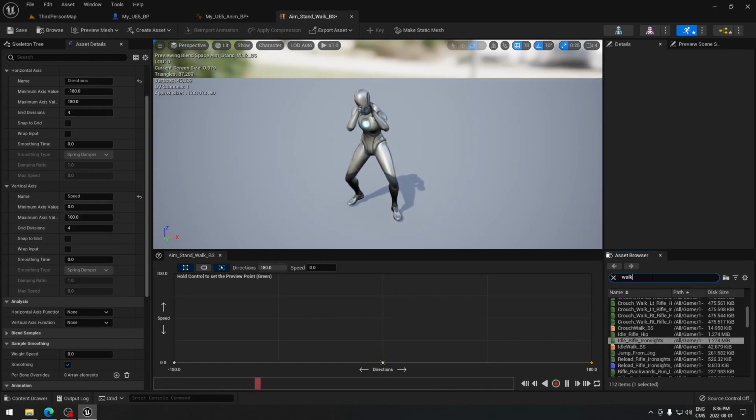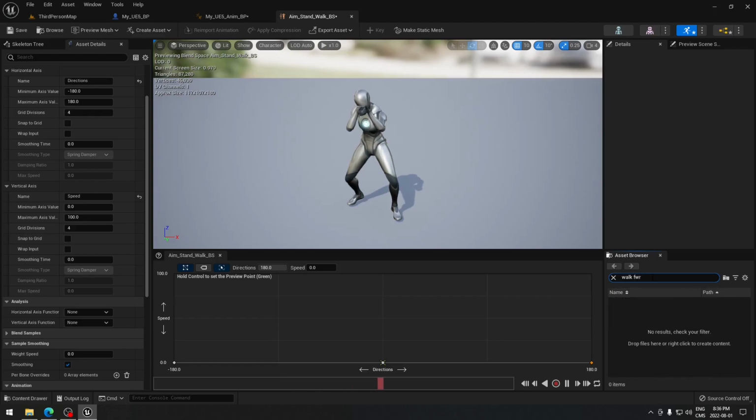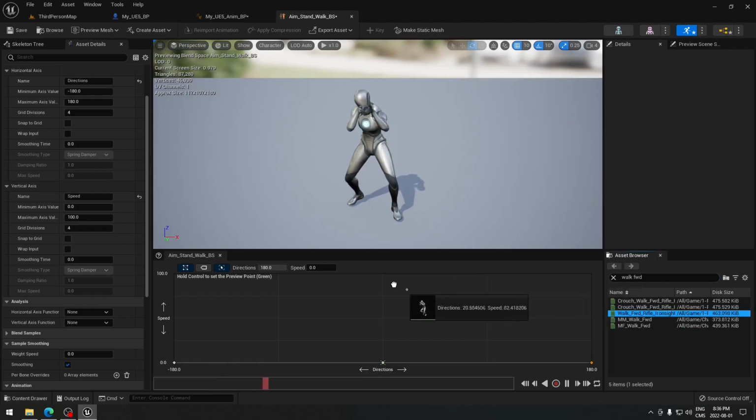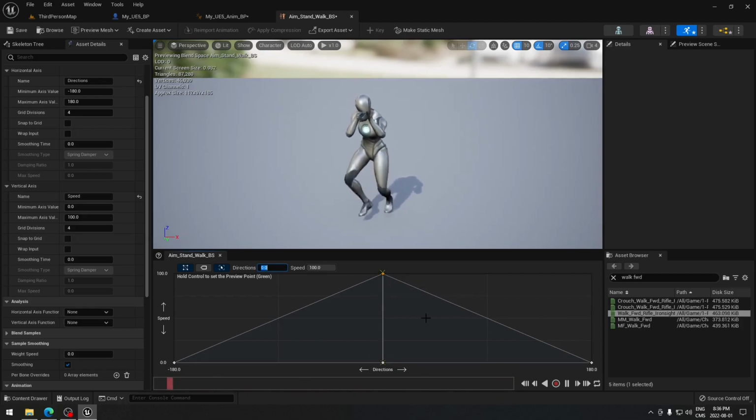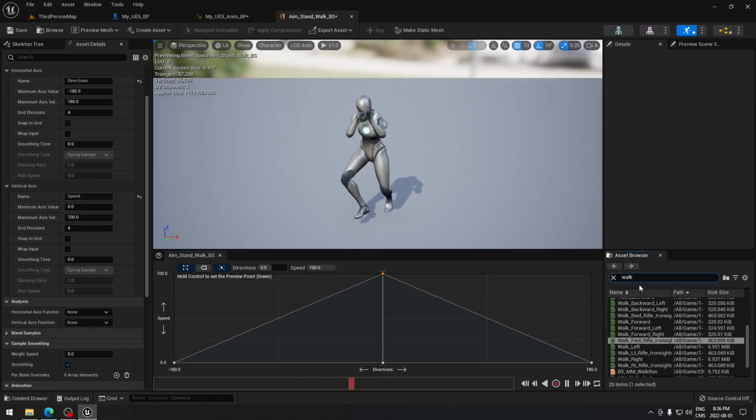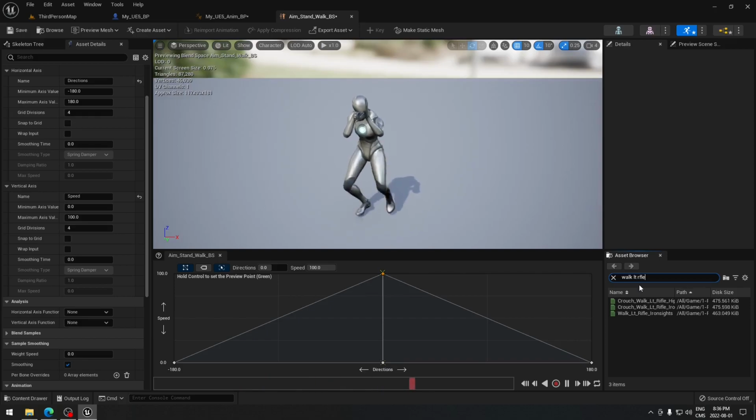The one on the top will be our walk forward rifle. So walk forward rifle, and it's going to be this one here. Put it right there, make sure it's 0. There we go, it's working for now. We're going to take the walk LT rifle,